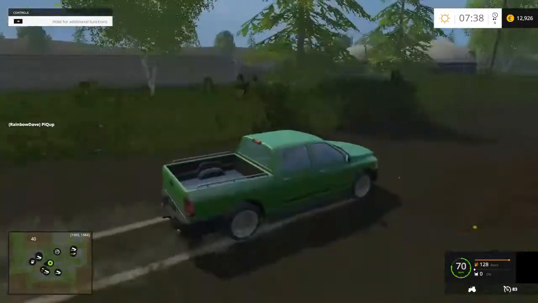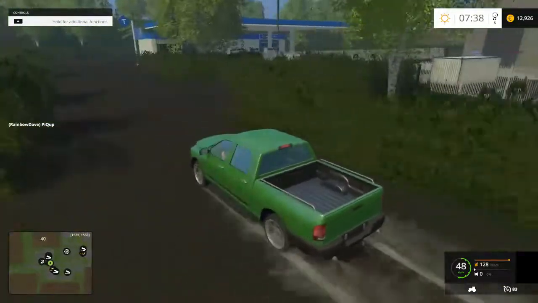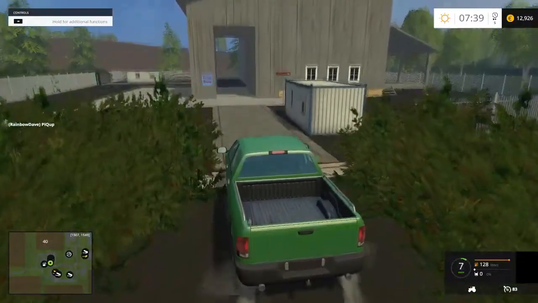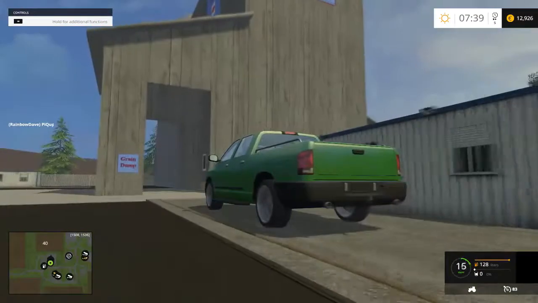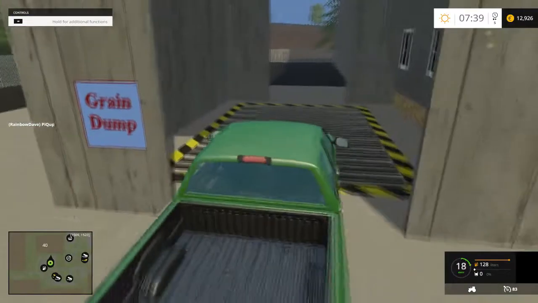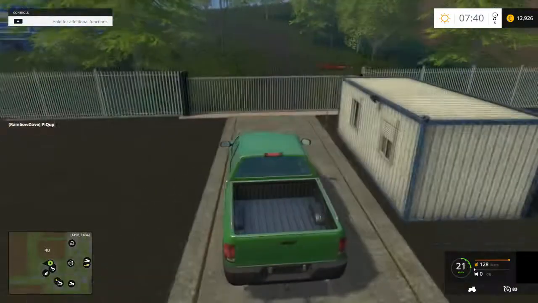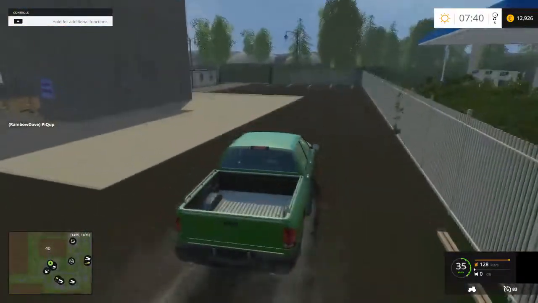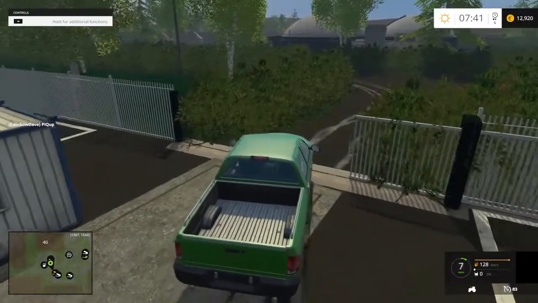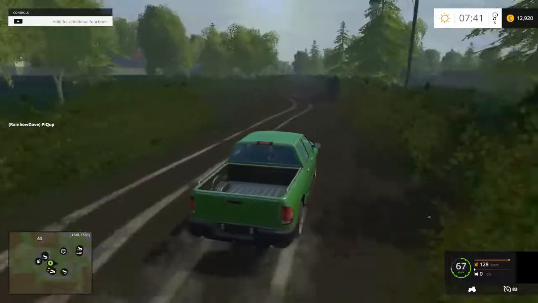I've missed out a sell point here. That was the BGA. That's just a random thing. So there's another sell point up in here, and this is a grain dump. This is a mill of some description. Hanson Mill. And are there 2 weigh stations or just the one? 2 weigh stations. I could go out that way, but I'm not going to because it would just bring me out the completely wrong direction. I'm gonna go down this way because I want to go to the left here. And then I want to go...